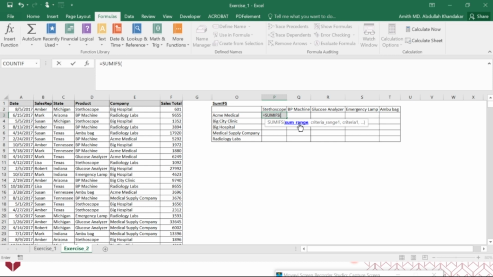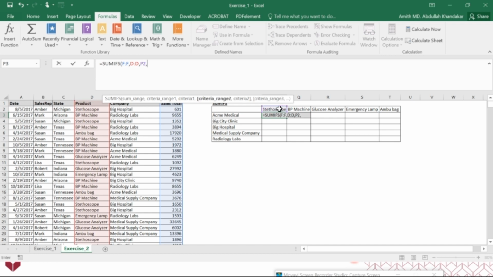So it says sum range, so obviously we will be summing the sales total, then comma, the next thing is the criteria range 1, so we will be looking for the product stethoscope in the product column, so that's the range, and the product is stethoscope,